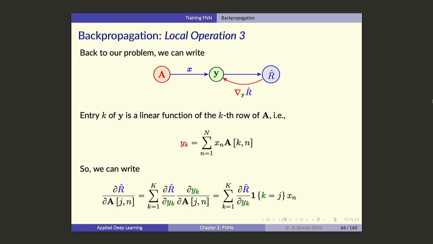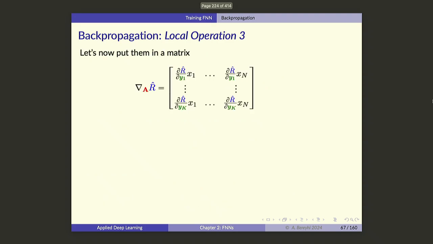Okay? If you are interested, just check it again at home. But what you can see here is that after doing this calculation, you're going to end up with such an expression. So your gradient with respect to the first entry of A, I mean the first row, first column entry, is going to be your first entry in the gradient times the first entry in your vector x. The second one